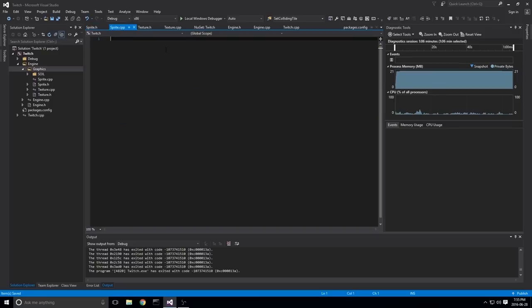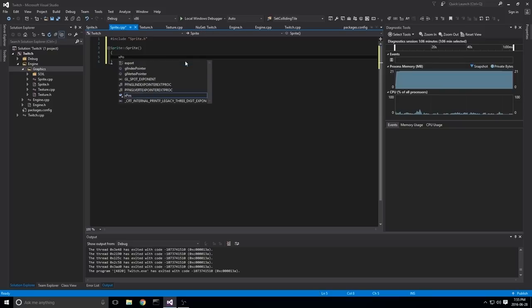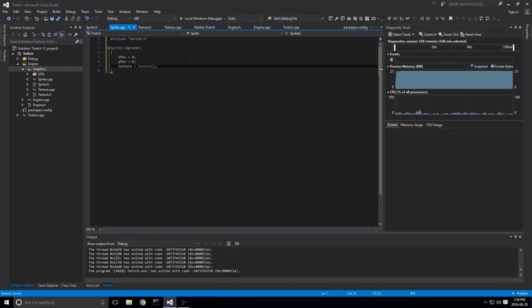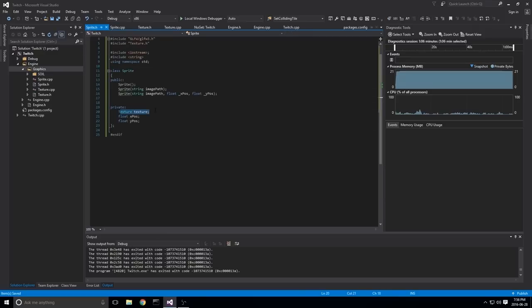Let's save that, and let's go to here. Again, we'll include our sprite.h. And here's where we're actually going to start doing real work. So our sprite, we'll start with our empty constructor, takes nothing. All we want to do here, I guess, is set the x pos to 0, y pos 0, and our texture, I guess, is uninitialized because we're not giving it anything. So texture equals texture, and we'll pass nothing through, which technically is already done just by virtue of the fact that this is set up here.